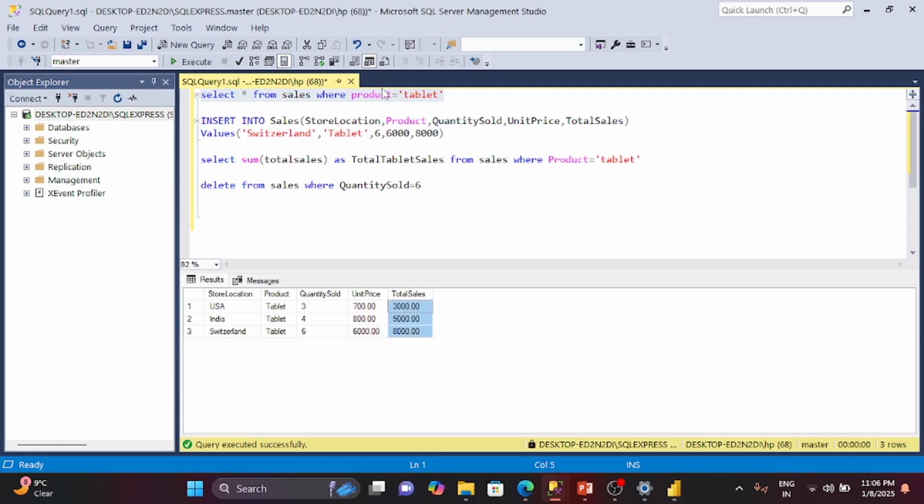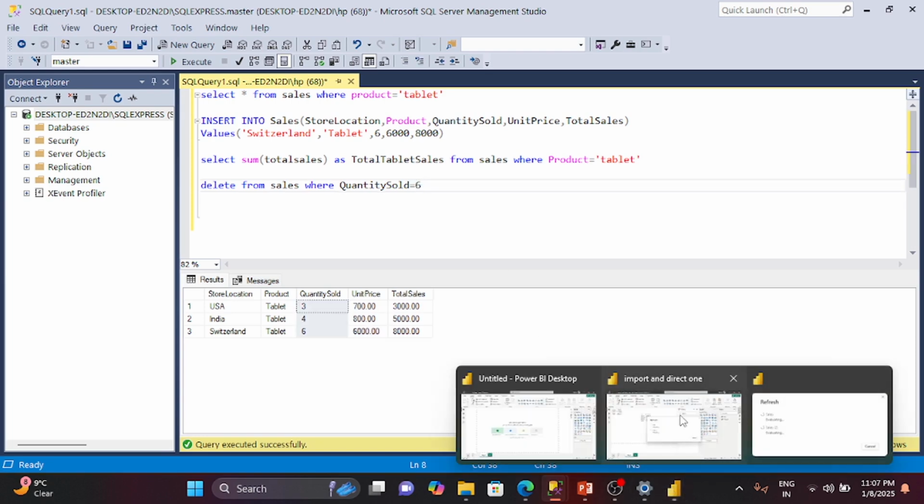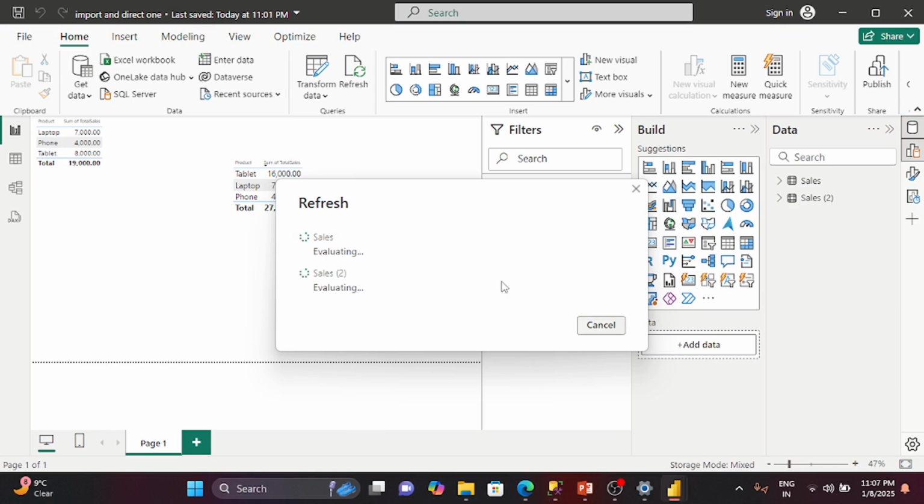So you can utilize this table. I mean to say, you can go ahead and utilize any table and create scenarios. From one single table, I could have multiple scenarios. Right now, I have considered the total sales column. I can also consider the unit price column as well. If I want, I can also find the quantity sold. The main purpose is the updating of data. That is what is much more important, right? So right now it's refreshing my data. Let it get refreshed, and then we'll see how it